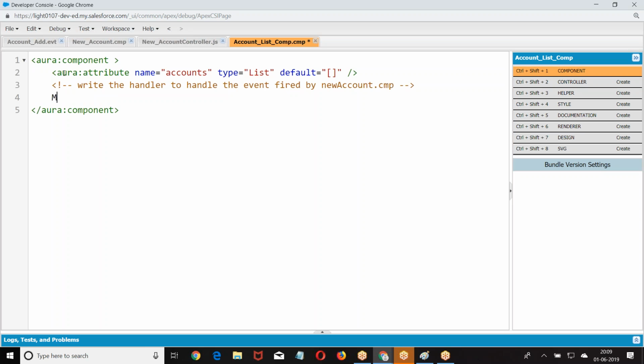How do you write it? Aura handler, and the name equal to event c colon, action. Right. Display the list of